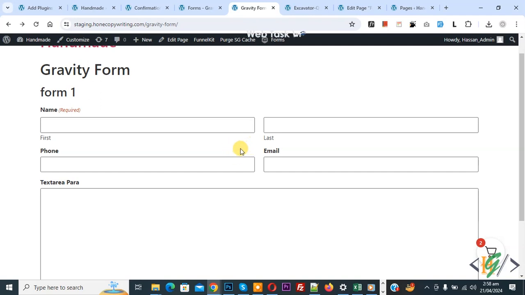Bismillahirrahmanirrahim. Assalamu alaikum. My name is Hassan and today we are going to redirect Gravity Forms to WhatsApp after form submission